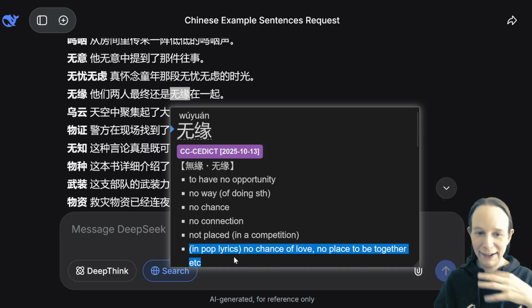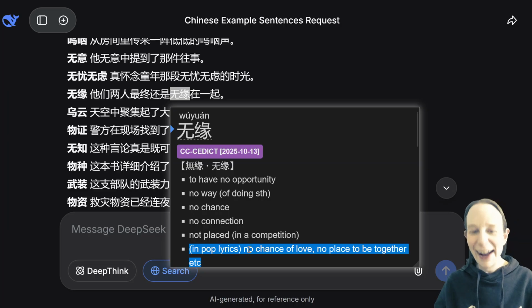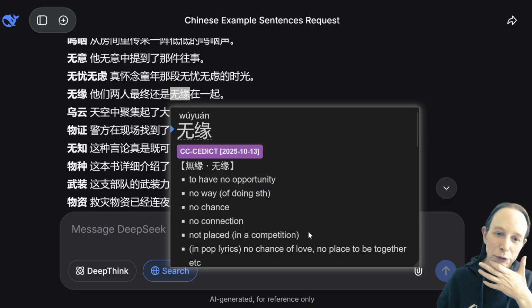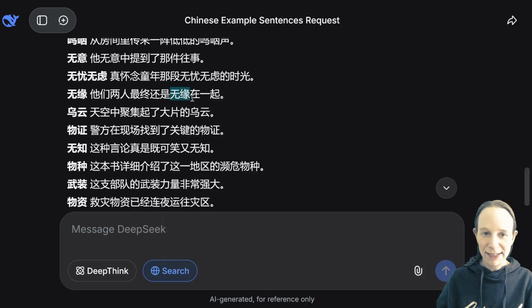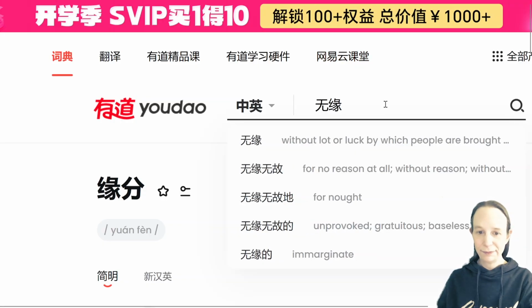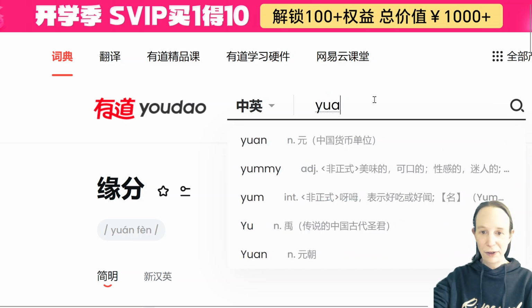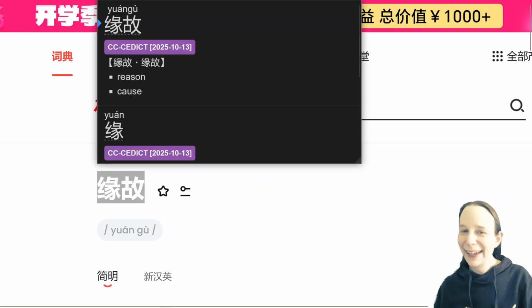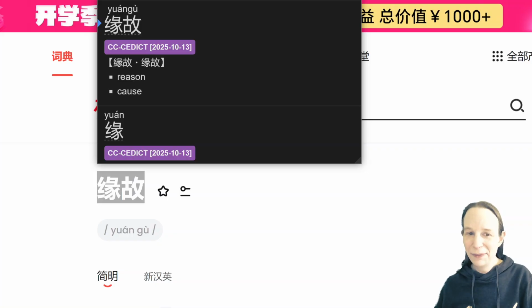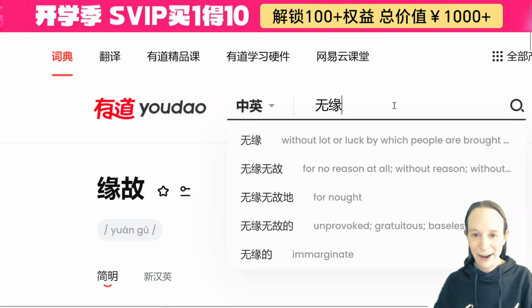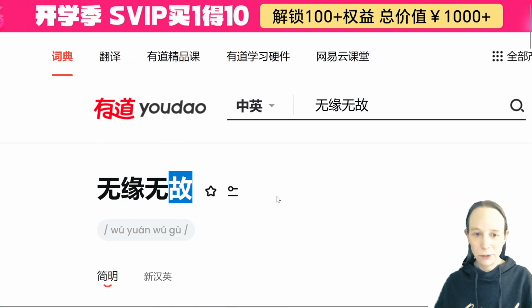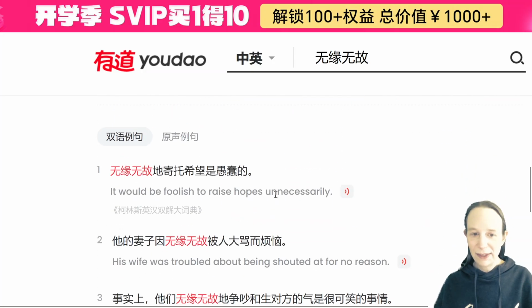So this one, okay, in pop lyrics. All right. So I said without boundary, 无缘, but maybe not. Maybe it's not exactly what I was thinking. 无缘无故. Ah, there's also 缘故. 缘故 is another meaning, reason. So 缘 can pertain to reason as well. So 无缘无故 is this one. Yeah, 缘故. 无缘无故. So without reason,